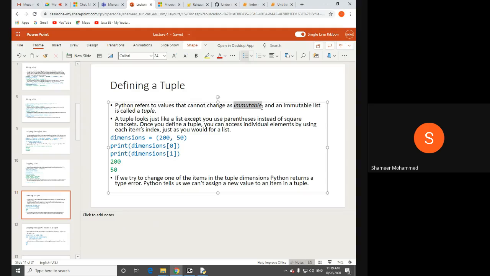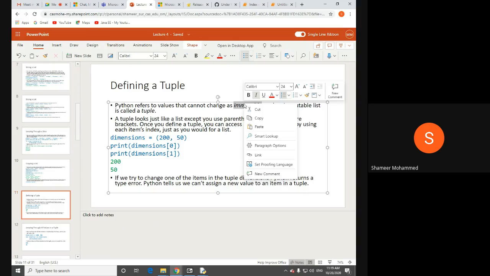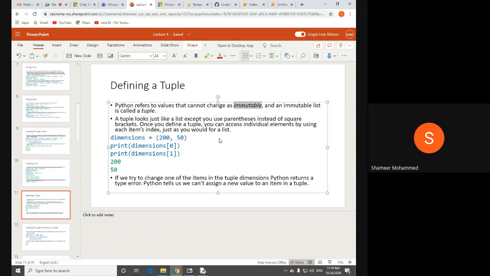Immutable. Immutable meaning you cannot change, cannot add or delete or insert, you cannot modify. So that is what is known as a tuple. They will ask the difference in the exam, like what is the difference between list and tuple